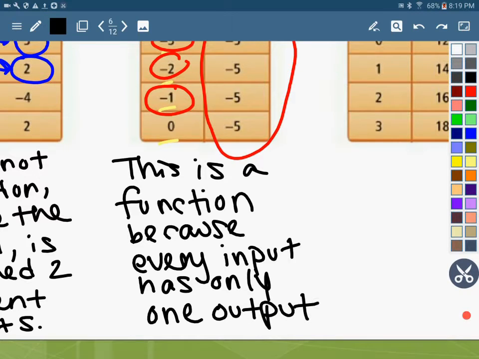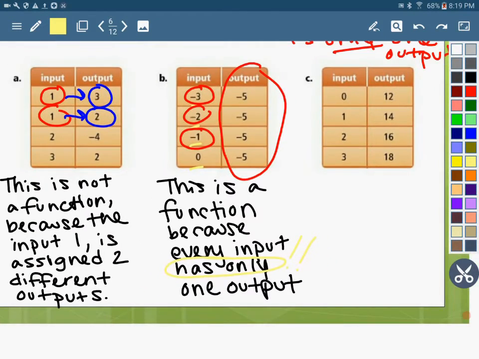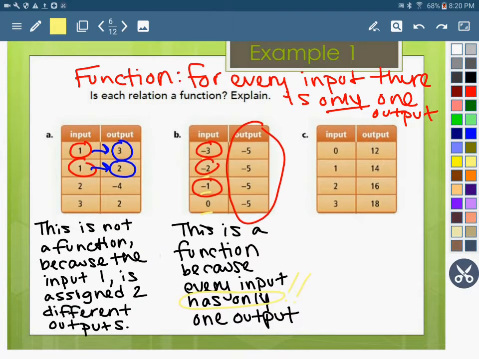Now, I'm going to really emphasize that you say has only. That's really, really important because many students will often write because every input has an output, but every input will always have an output. I want a function to have no more than one output, so only one output. So B is definitely a